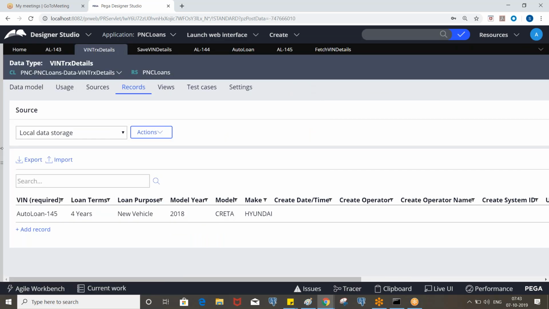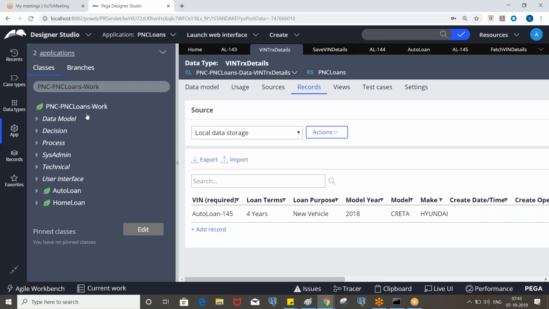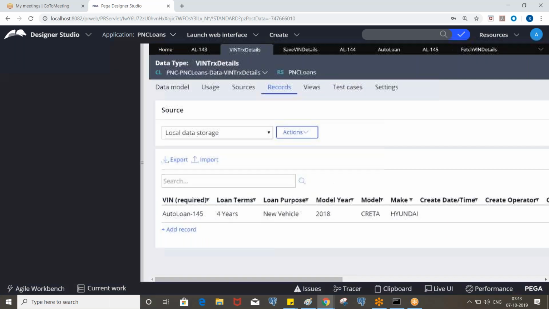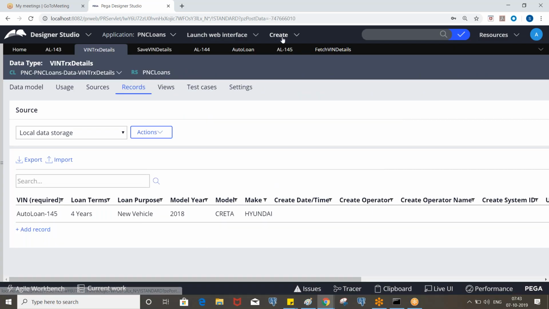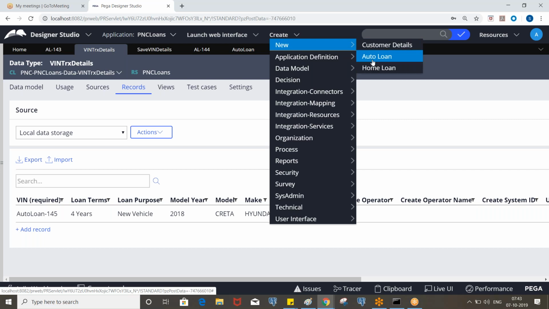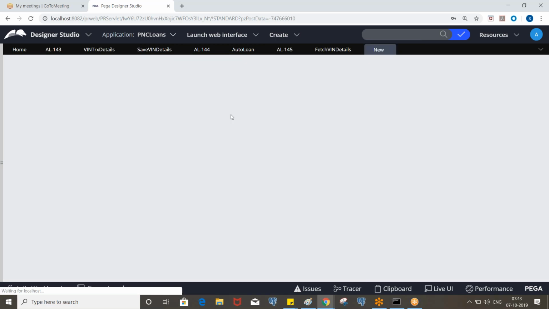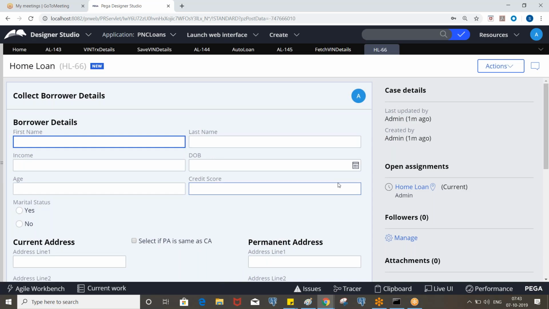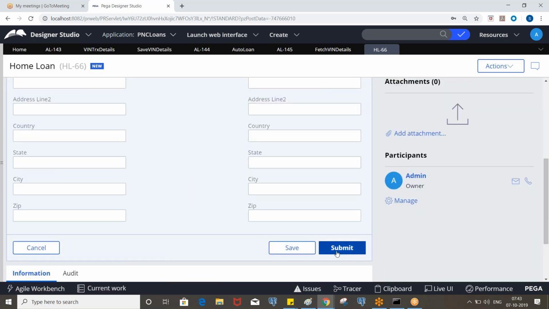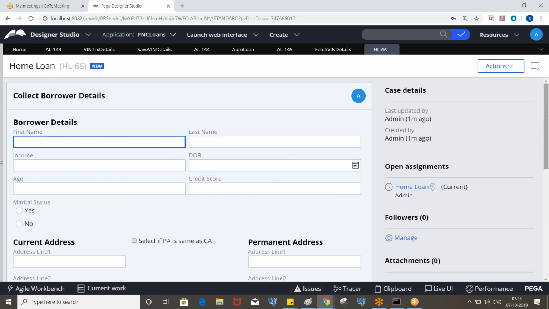So now the next topic would be validations. Okay, so far we designed multiple screens, but without entering the data we are able to navigate from one screen to another screen, right? So either let's execute auto loan or home loan. Okay, the first screen is the borrower details. Now if you submit it, it is going to the next screen. It should not be the case, right? So you need to make some of the fields mandatory, so that the user must enter the data.